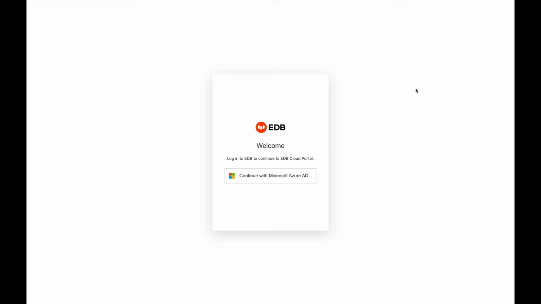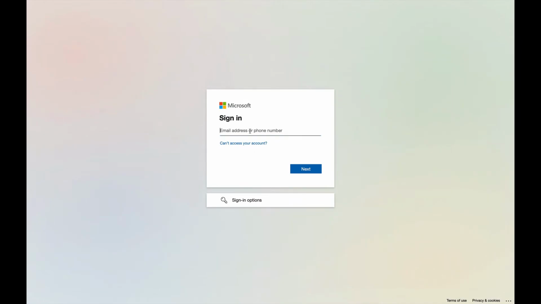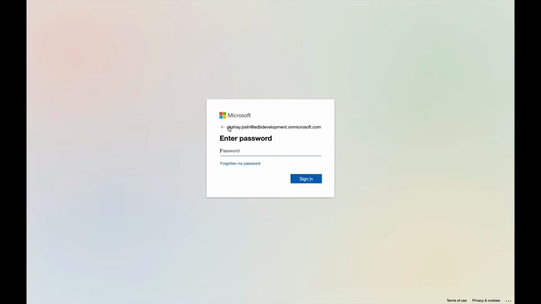So let's see how to create a cluster. I have opened the portal.edbcloud.com. So let's continue with Microsoft Azure. It will ask for the email address or phone number. It will ask for the password now.